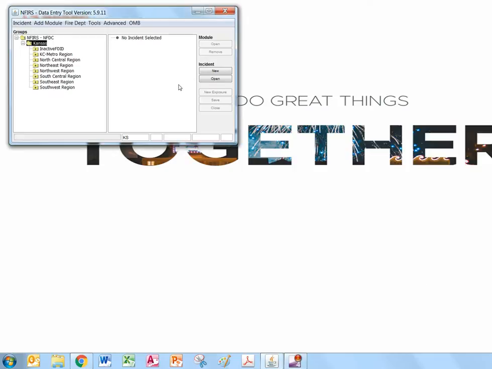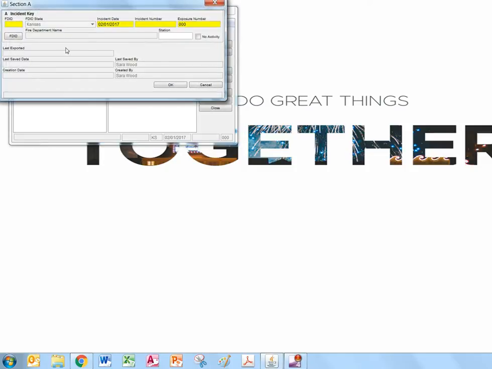So what you do after you've had a month without calls, you can log in. I'll do the data entry tool first, and then we'll go over to DEBI. All you have to do is click on New, and then your FDID will already be here. Mine is not here because I am at the state level, so I can see everything. But all you have to do is put your incident date as the last day of the month that you didn't have any calls. So let's say if you didn't have any calls in December of 2016, you would just add in